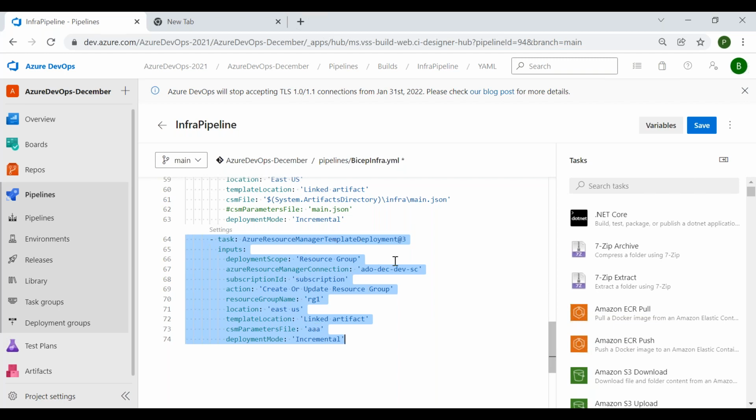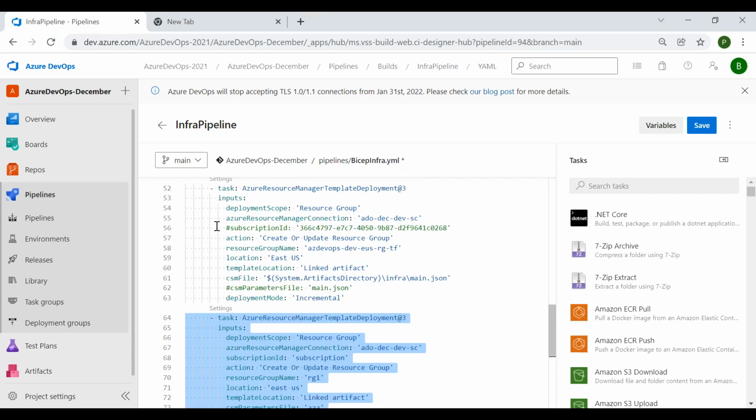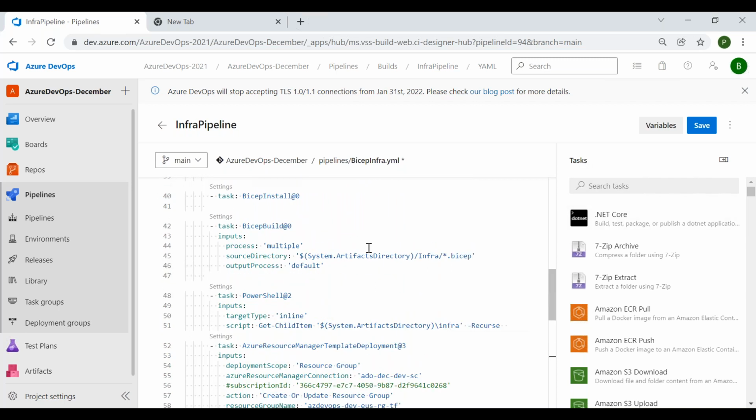So I did not type anything. I mean, I have typed that in the UI. This is how you will be writing all this code. Same case for almost everything. 90% of the code is generated automatically from this task. So you don't have to worry about the complete thing. Only thing you should know is